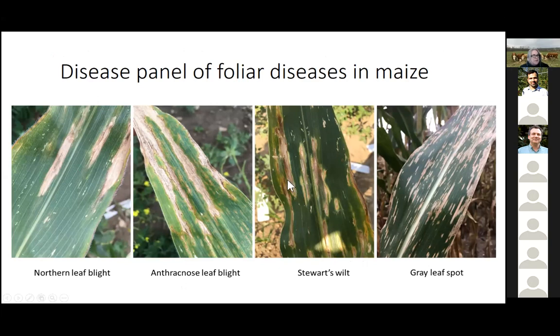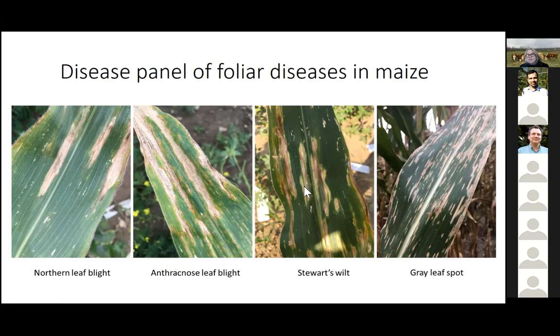These two are very difficult to tell apart, northern leaf blight and Stewart's wilt, but they're very different. One's a bacterial pathogen, one's a fungal pathogen. Stewart's wilt requires a corn flea beetle as a vector to actually get into the plant. And when I scored my lines, I only scored Stewart's wilt for the primary leaf area, that initial infection on the leaf, because anytime after,